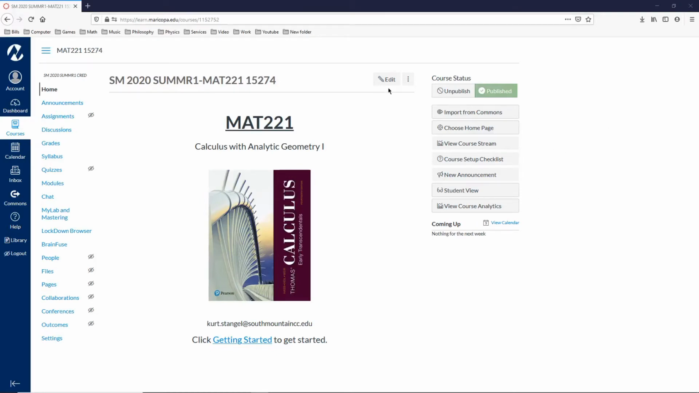So here's a walkthrough of going through Canvas and getting to MyMathLab. And here we are on my home page view from my web browser. And I do have the instructor view here, so there are some selections that have eyeballs slashed out that you won't be able to see in your view, so just keep that in mind if you don't see that